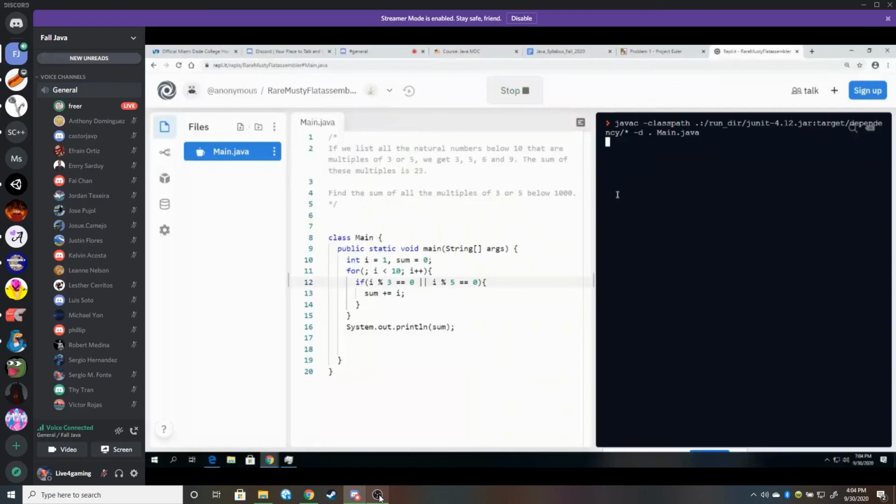I've solved this one a lot of times, but of course things can go wrong. Okay, good. We see 23. So this works. Now to change this below 1,000, we just add in the zeros. And that's the correct answer.